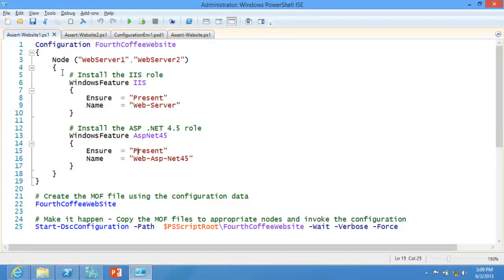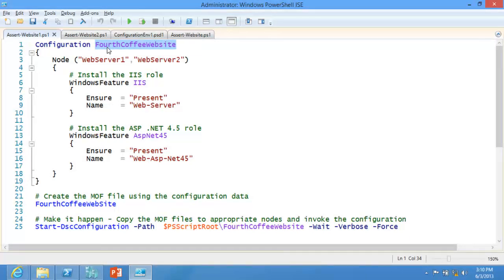So what did we do here? Well, what we added is this keyword called configuration. We own a language. And many people, in fact, throughout time have tried to create declarative and imperative languages. We'll get to that a little later. But we've added the notion of configuration, which is a declarative model, to the imperative language of PowerShell. And this is very similar, in fact, to a PowerShell function. If you know the PowerShell function syntax, this is identical. This is a configuration function called Fourth Coffee website, right?